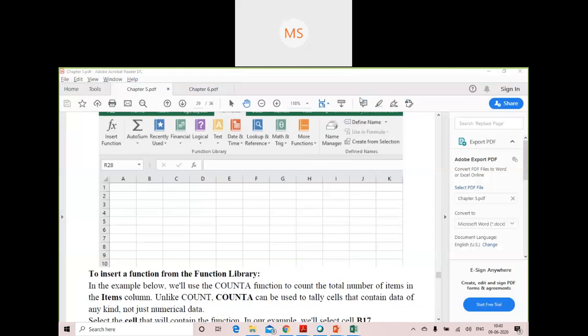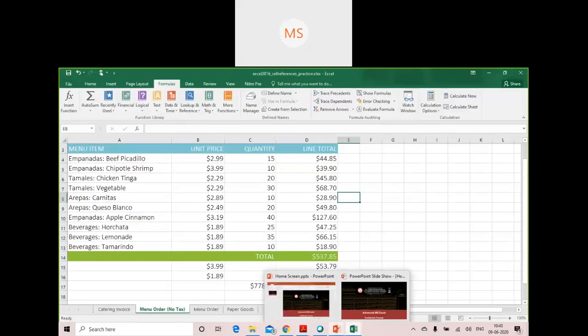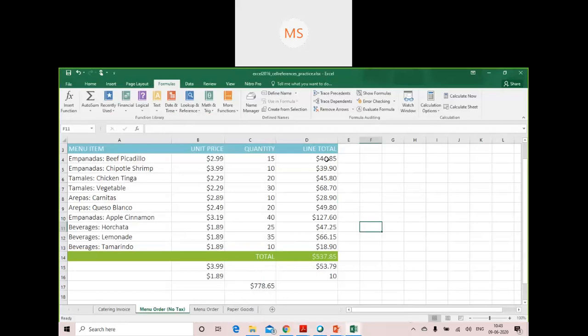Okay, like we have used functions related to numbers. Now I would like to demonstrate some functions which are not related to numbers. Now suppose we have used a count function for counting the numbers present in these cells.